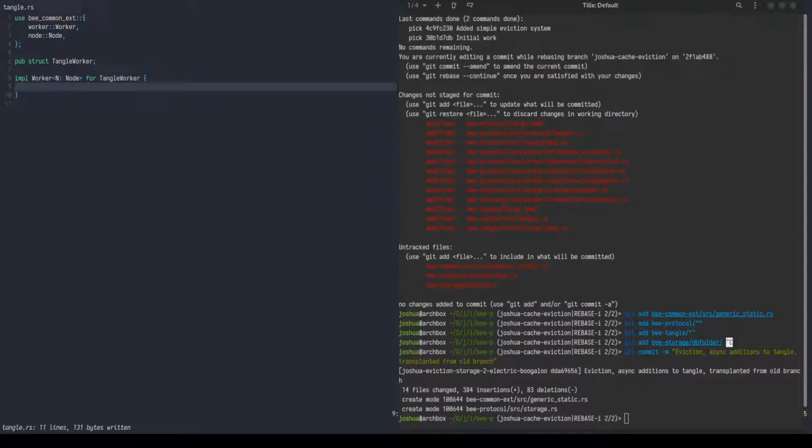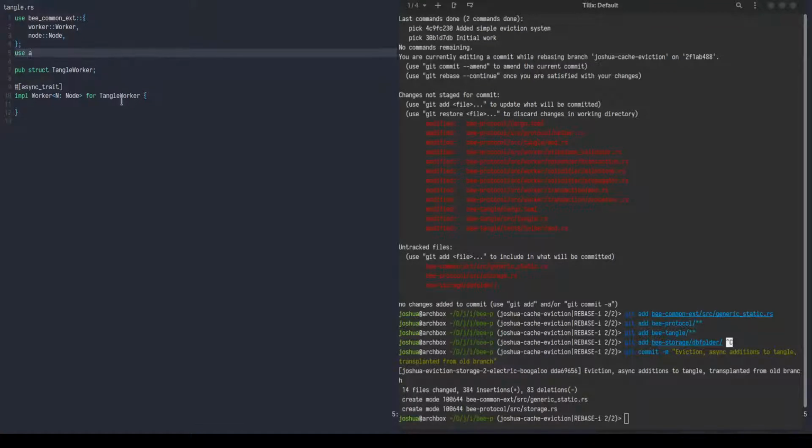we're also going to need a storage worker as well at some point. We'll probably be creating that as well in this live stream. So I'm using this crate called Async trait, and it allows us to declare traits that have asynchronous functions. So the way async works in Rust is that